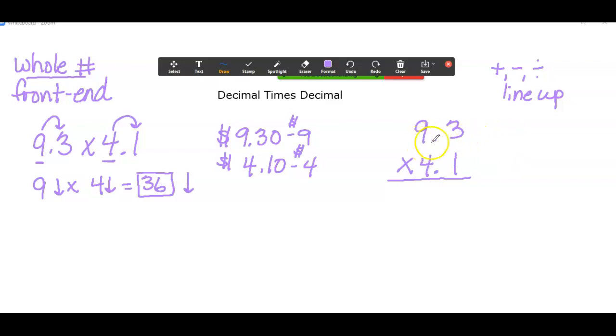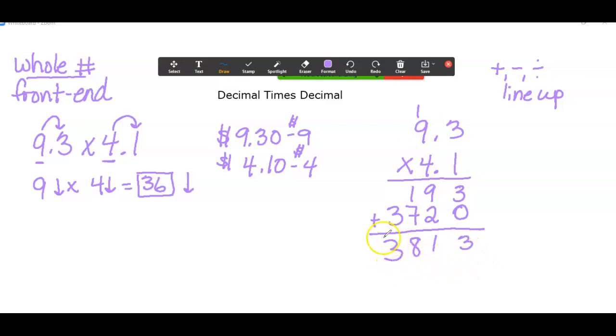So right now I'm going to treat this just like it's 93 times 41. So 1 times 3 is 3. 1 times 9 is 9. I'm going to place a 0 in my second row. 4 times 3 is 12. 4 times 9 is 36, plus 1 is 37. And now I add. That's a 3, 11, 8, and 3. So if I did not have these decimals and I was doing 93 times 41, the answer to that would be